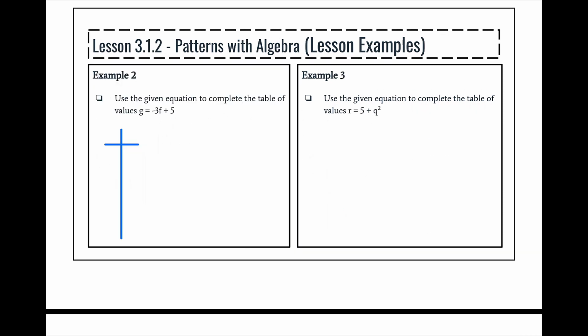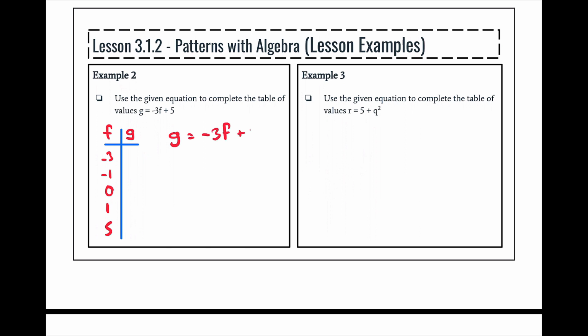All right, example 2. So we have another equation right here, another formula, except the variables are different. Instead of x and y, we've got g and f, but f is our dependent variable, so it's going to go first, and g will be here. For f, we'll create the same 5 values right here, and we will calculate g depending on those values of f. So we're just going to substitute these values of f into f and solve g. Okay, so the equation is g equals